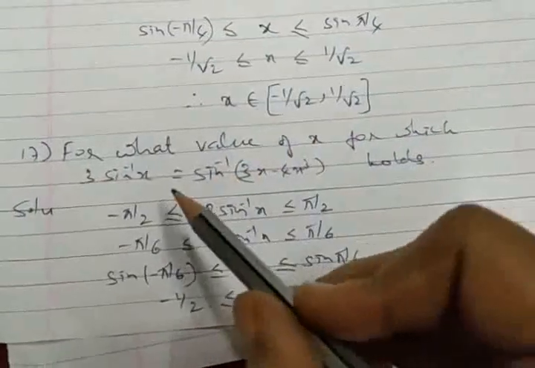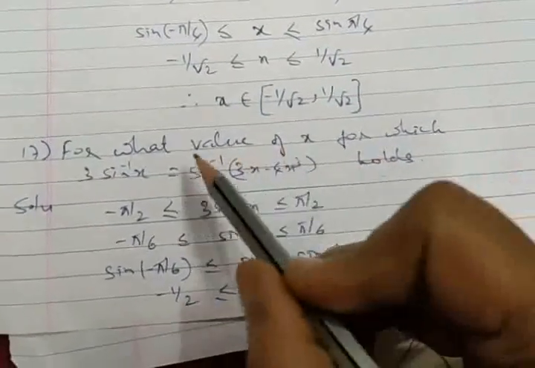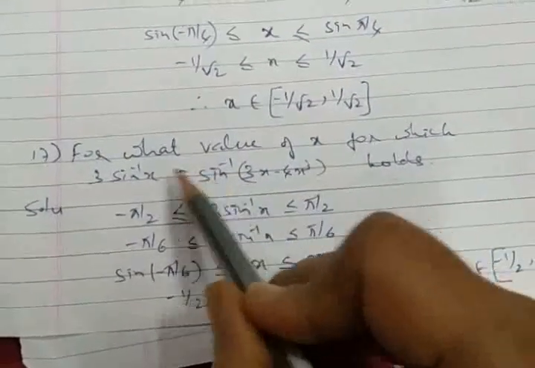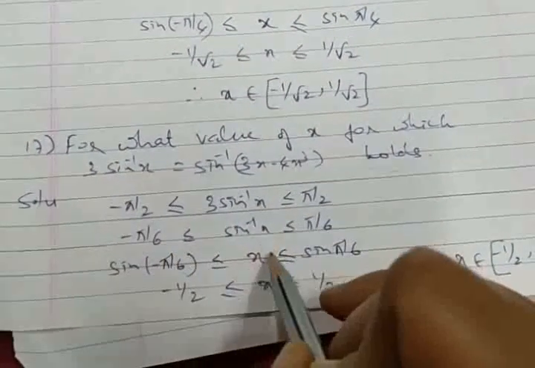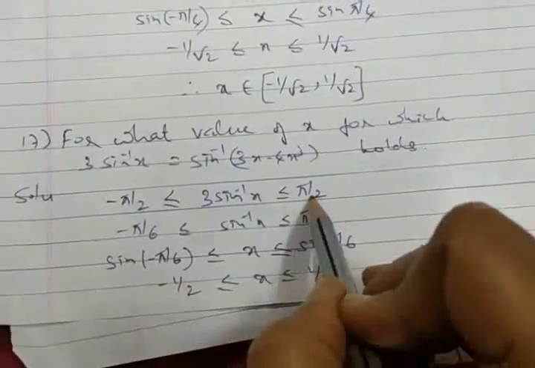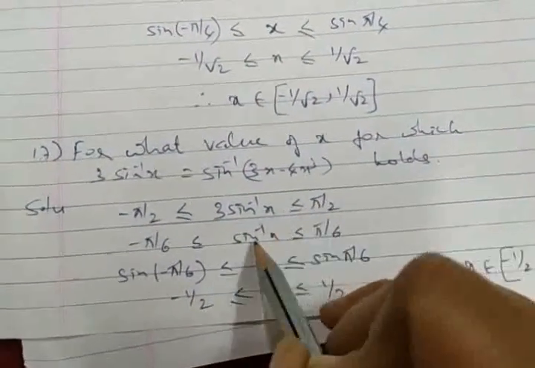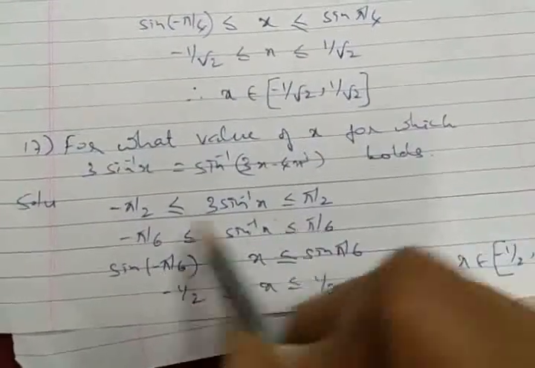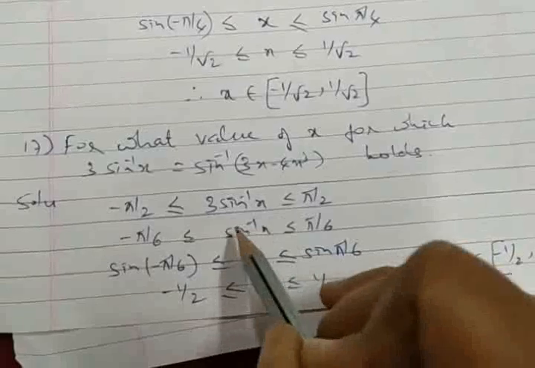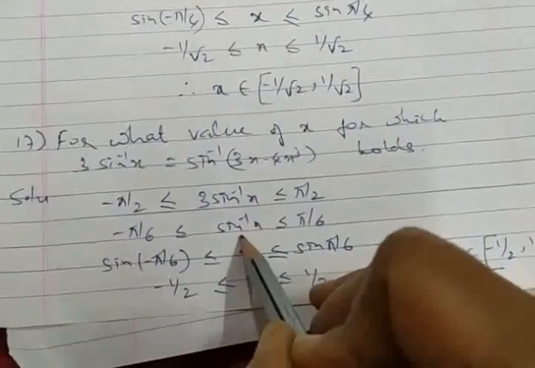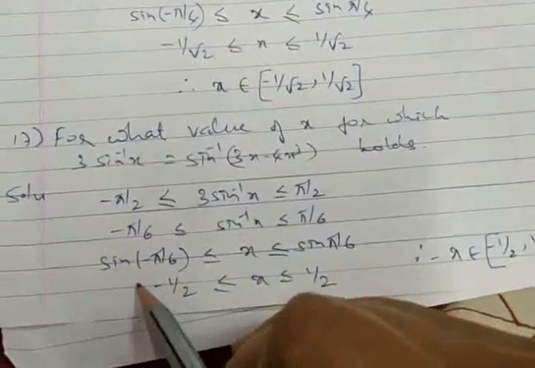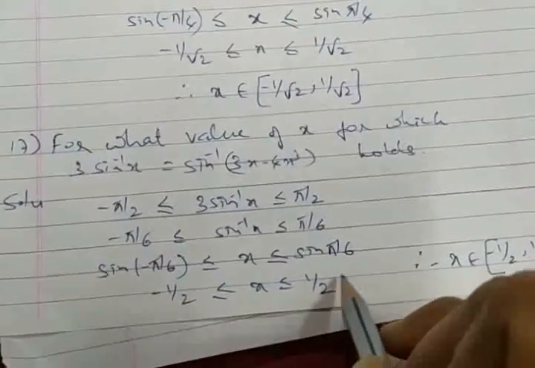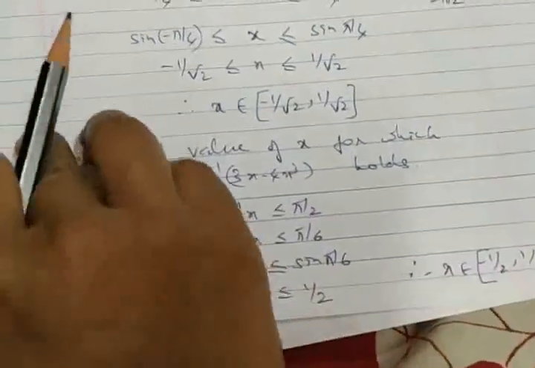Domain has been asked. So okay, this question: for what value of x? Okay, I went for sine inverse, this part. So obviously 3 sine inverse x should lie between -π/2 to +π/2. Got it? So sine inverse x should go from -π/6 to +π/6, -30 degrees to +30 degrees. The common region for sine inverse x is -90 to +90, so this will act as common. I balance it accordingly here, and the final conclusion is -1/2 to +1/2. Okay, so this is how we solve it.